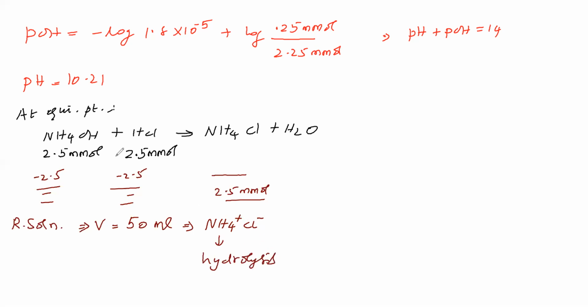The Cl minus ion is from a strong acid. So the Cl minus ion is not undergoing hydrolysis. Okay, so here the ammonium ion is undergoing hydrolysis. So in this salt, hydrolysis is possible. Which hydrolysis? Cationic hydrolysis is possible. So we are saying cationic hydrolysis here. So now we will take up cationic hydrolysis.